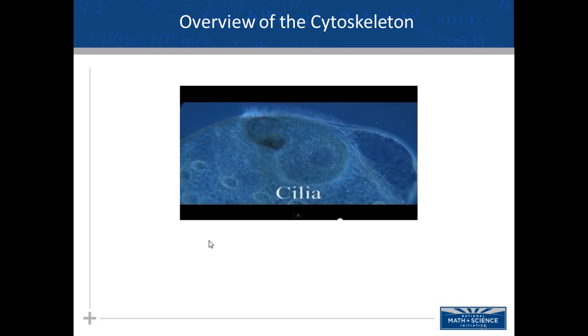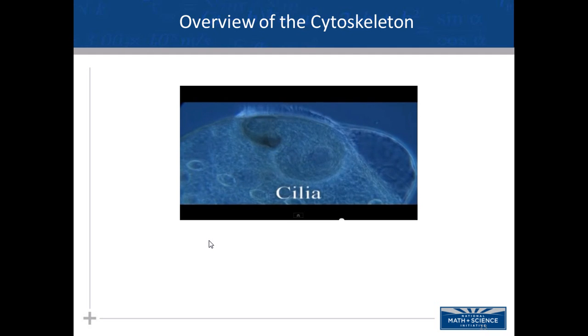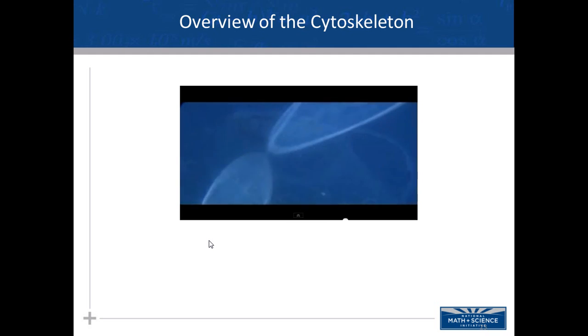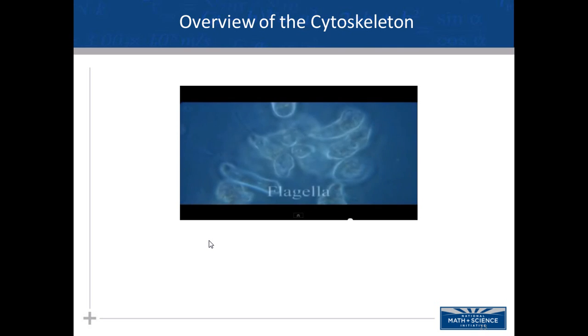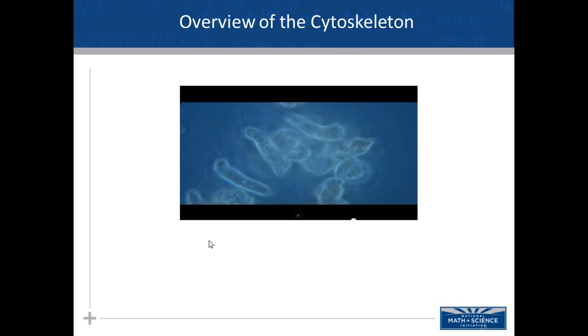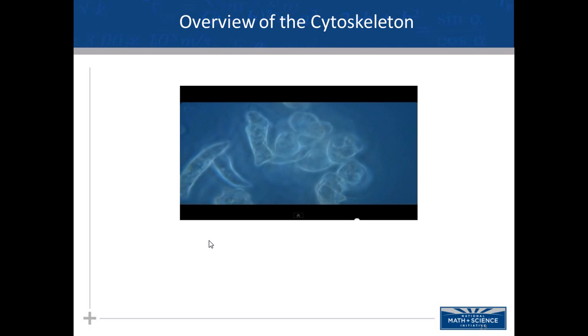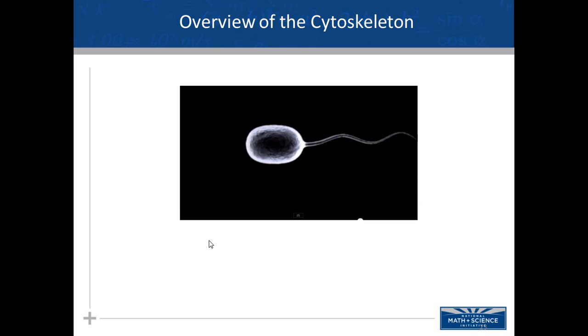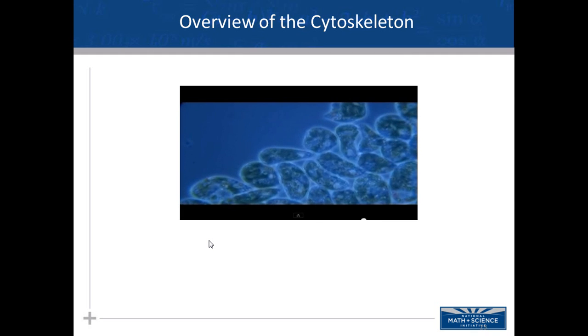Cilia, Latin for eyelash, are short and numerous structures that extend from the cell membrane. Cilia move single-celled organisms such as paramecium through their environment with a rolling motion. Flagella, meaning whip in Latin, are usually considerably longer than cilia and fewer in number. Flagella move in a wave or whip-like motion. The sperm of most animals and algae rely on flagella for movement, as do a number of single-celled organisms